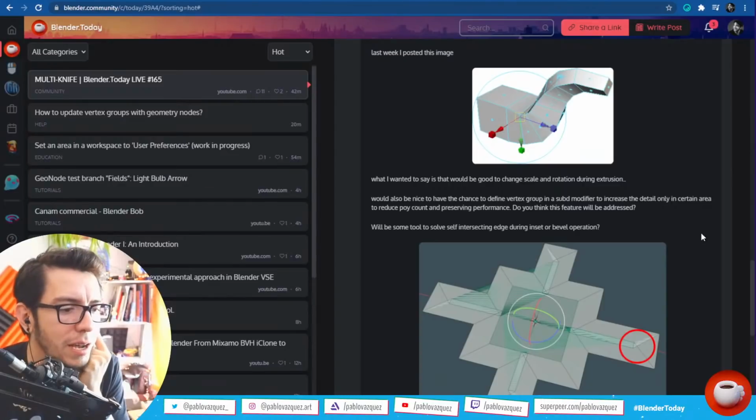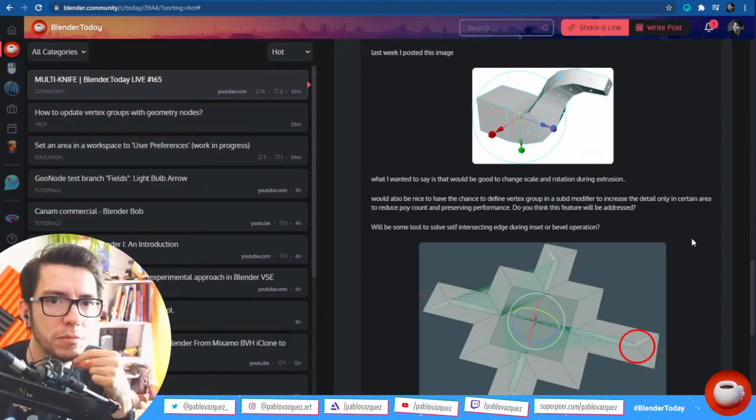If it's in OpenSubdiv, it could, but I'm not sure if it is. Blender uses a library for adaptive subdivision. Not sure if that is optimal, like for calculating, because, yeah, I don't know.